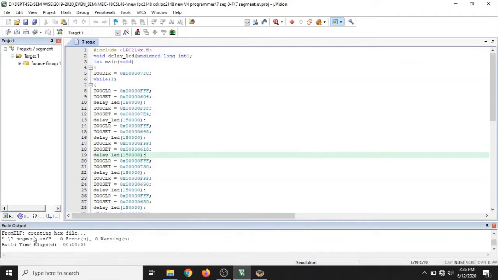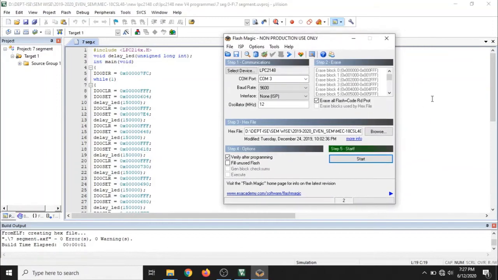As you can see here, it shows in the console that it is creating a hex file, since you have selected the create hex file option. It creates a hex file of your equivalent embedded C program. Once you're done with this, don't go to debug mode. Instead, you have to transfer your hex file into the ARM development kit. For that transfer, you are going to use one more tool called Flash Magic. Through Flash Magic, you can transfer your hex file, or else write your program inside the ARM development kit.